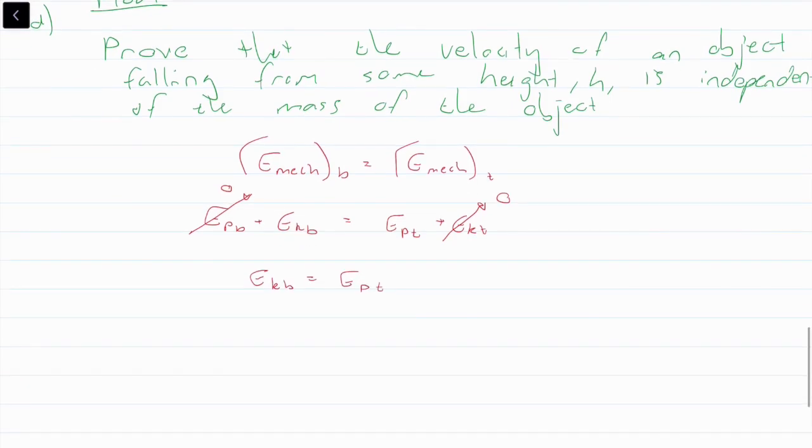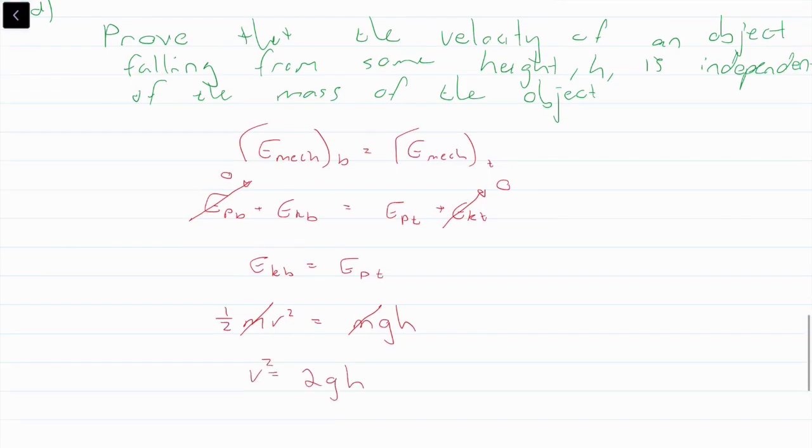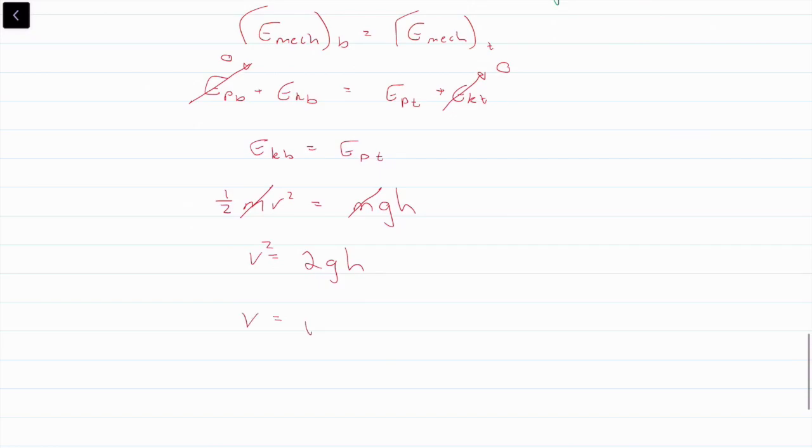So what's our formula for EK? It's a half mv squared, which is equal to EP at the top, which is mgh. Our masses cancel, so we're left with V squared equals 2gh. So V is equal to the square root of 2gh. So we can say therefore V is independent